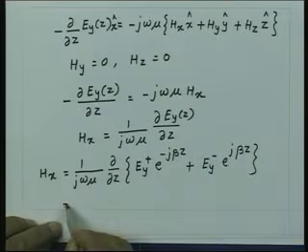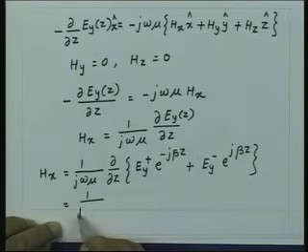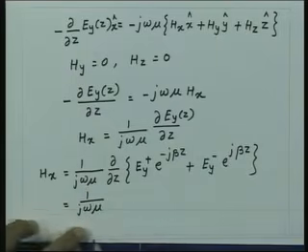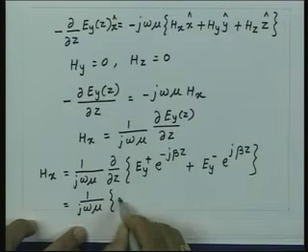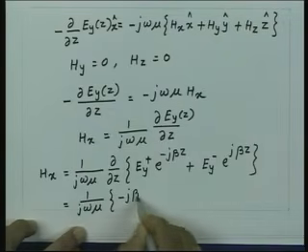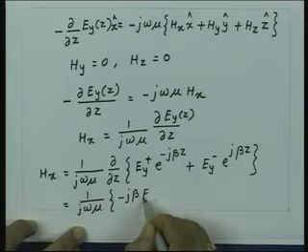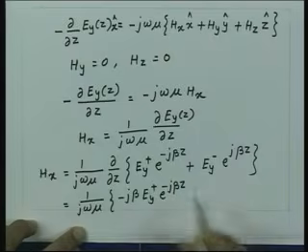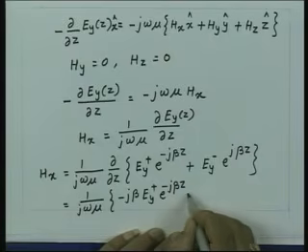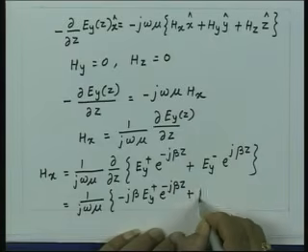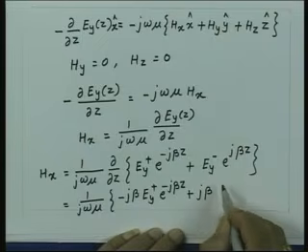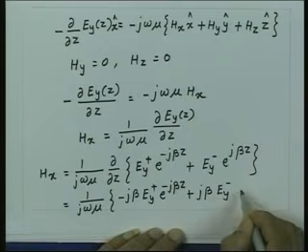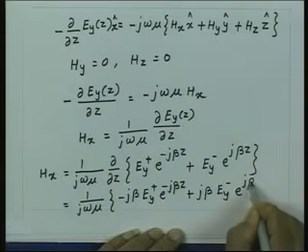So, that is equal to 1 upon j omega mu, minus j beta Ey plus e to the power minus j beta z, plus j beta Ey minus e to the power j beta z,